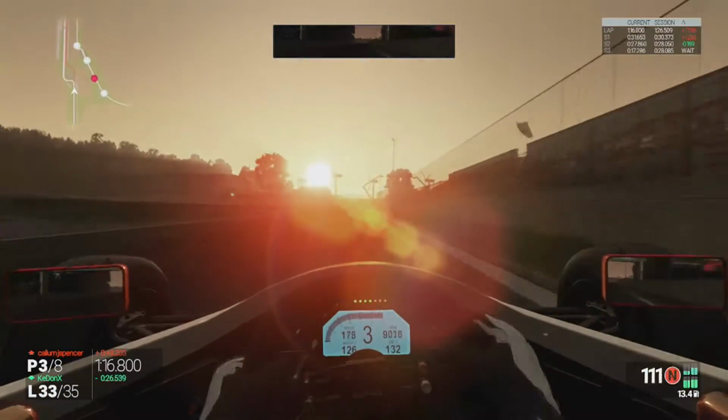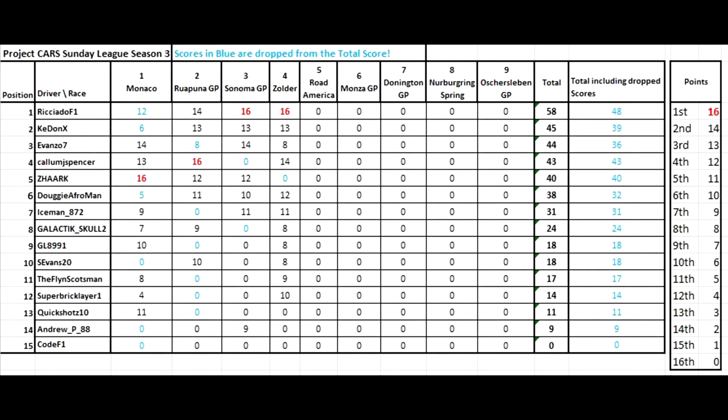Lap 33 though, and this is where it all goes wrong. The game ends up disconnecting on me. Got disconnected from those servers, and that's me. Lost my podium, so I was not pleased about that one bit. There's not much you can do, so on now to round 5, which will be, not what it says there,